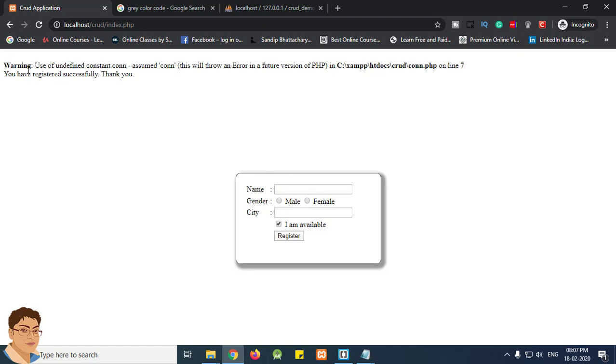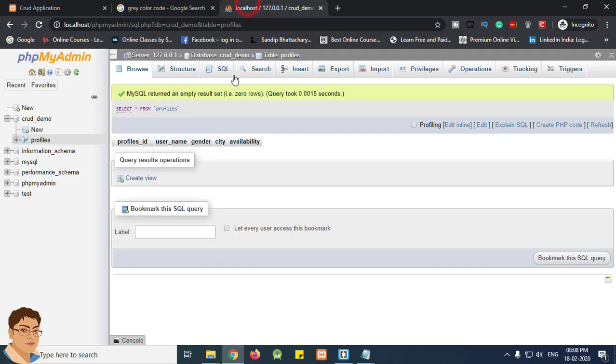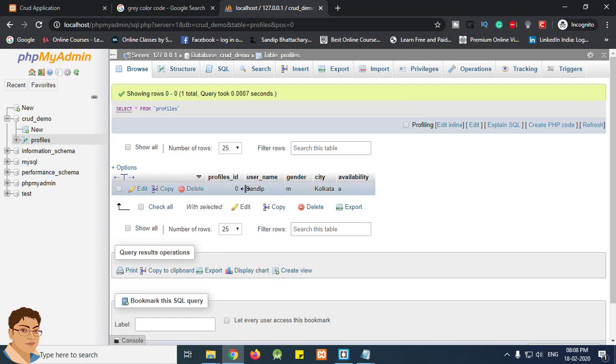it is giving me a warning: use of undefined constant connection assumed con. This will throw an error in the future versions of PHP. That is, in line number 7 of con.php is giving me a warning, but it also says we have registered successfully. Thank you. Let's check the profiles table. Yes, as you can see,